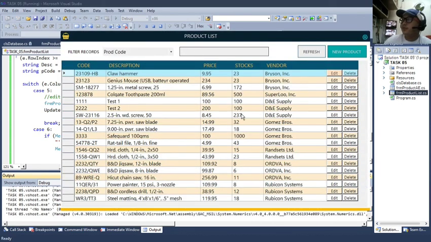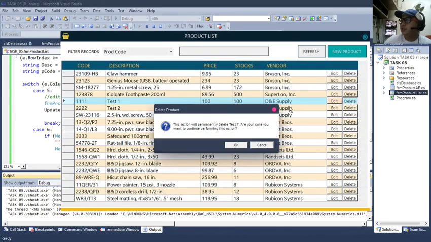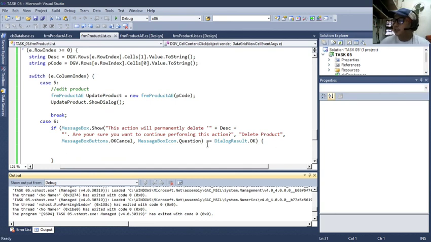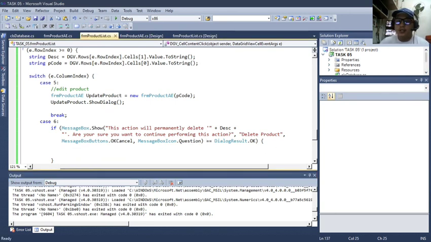Okay, let's delete this one, test one, delete. So this action will permanently delete test one. That's the product name. Are you sure you want to continue performing this action? OK, Cancel. So let's determine if the user selects OK. If the user selected OK, we must perform an action. So how do we do that? We need to create